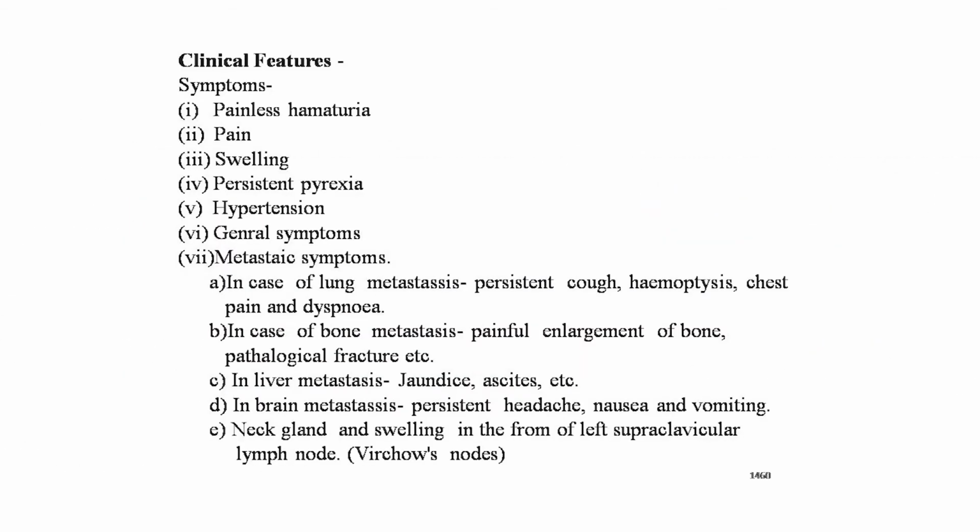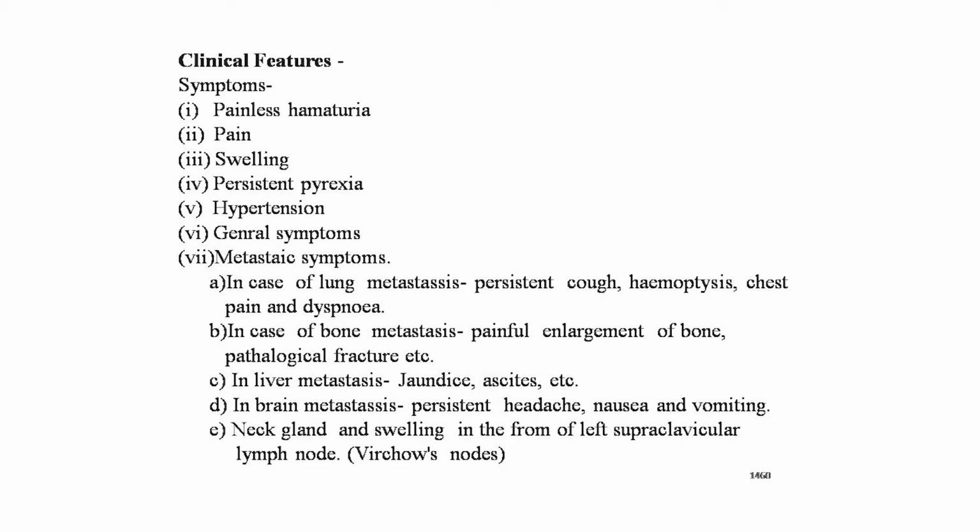Now the clinical features. Symptoms: painless hematuria, pain, swelling, persistent pyrexia, hypertension. General symptoms: metastatic symptoms like, in case of lung metastasis, persistent cough, hemoptysis, chest pain and dyspnea. In case of bone metastasis, painful enlargement of bone, that is pathological fracture, etc. In liver metastasis, jaundice, ascites, etc. In brain metastasis, persistent headache, nausea and vomiting, neck gland swelling from the left supraclavicular lymph nodes,